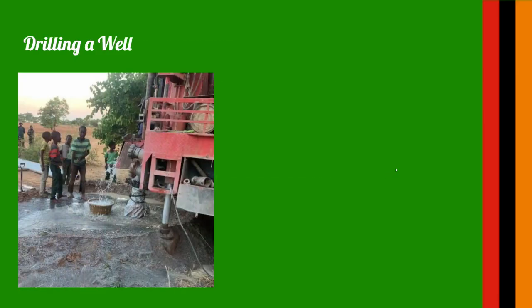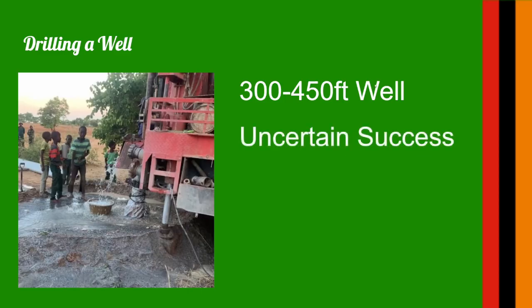So if you're going to drill a well in Zambia, you have to reach between 300 and 450 feet. Now that is extremely deep. That's a very deep well to get safe drinking water out of the water table. And you have to get it that far because a lot of times these Zambian areas will go through a 2 to 3 year drought. That's something you can't control whatsoever. You just have to drill the well deep enough to get water in these drought-stricken areas. And that's usually far below what a normal manual hand pump can operate.